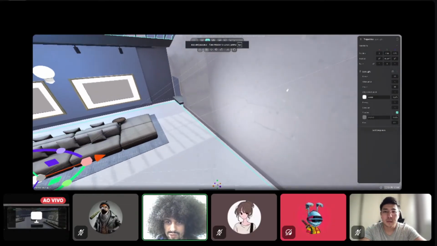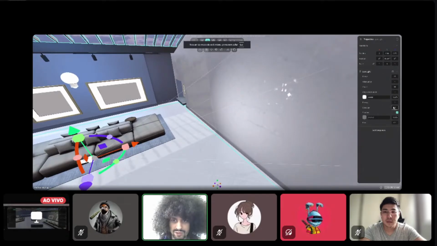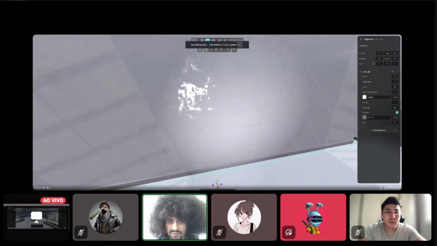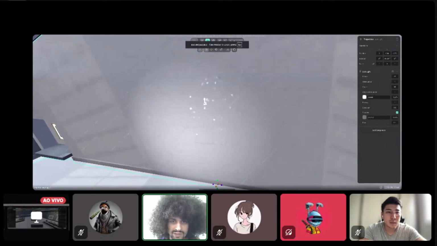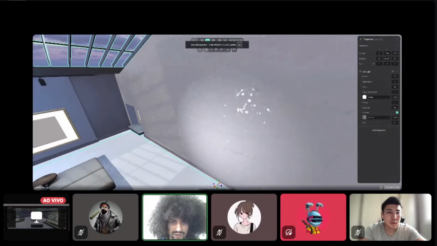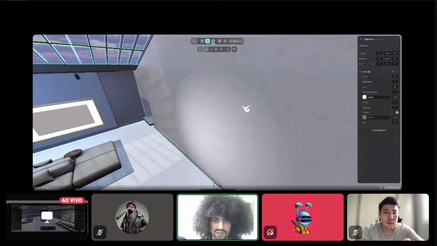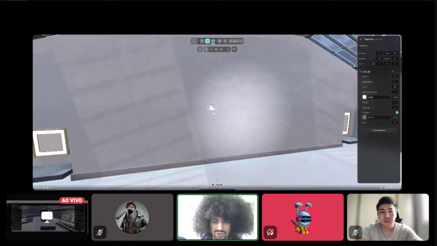Here is a good way to show how specular changes. If I put a higher value in the specularity, let me put 100, you see that every part of this wall that is reflecting, it reflects the light much stronger. If I use 1, it's way less strong.